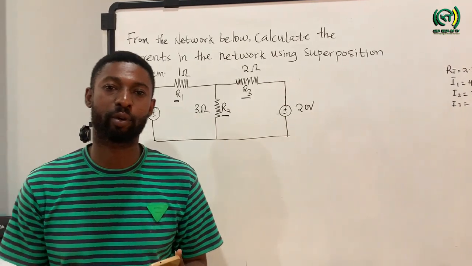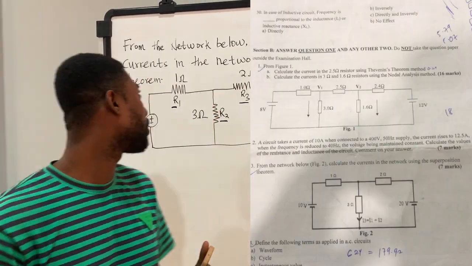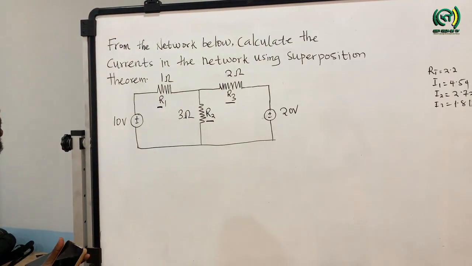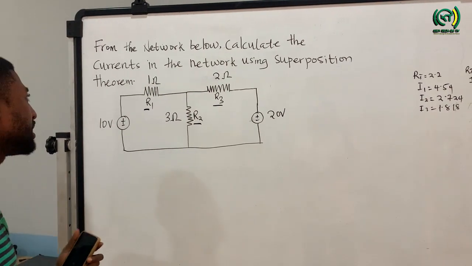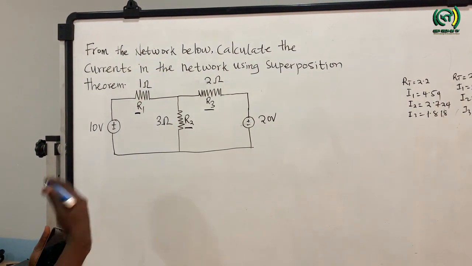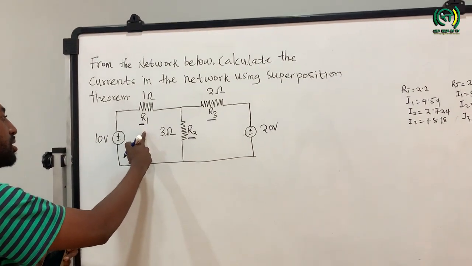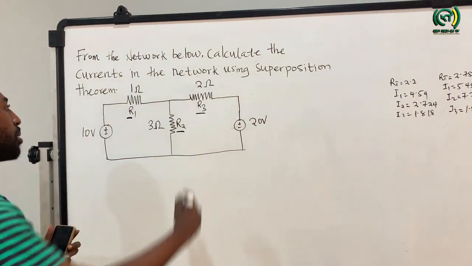For today's lesson, we are going to solve some past mid-semester examination questions. And for question one, this is a question that came in the year 2018. From the network below, we are supposed to calculate the current in the network using superposition theorem. So we are supposed to calculate the current flowing through resistors R1, R2, and R3 using superposition